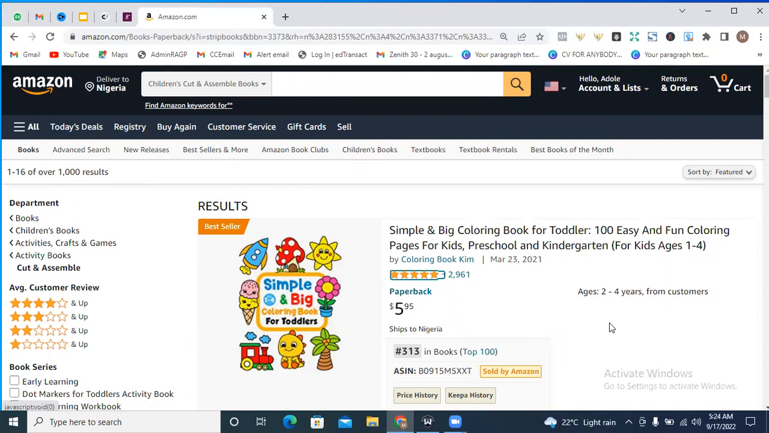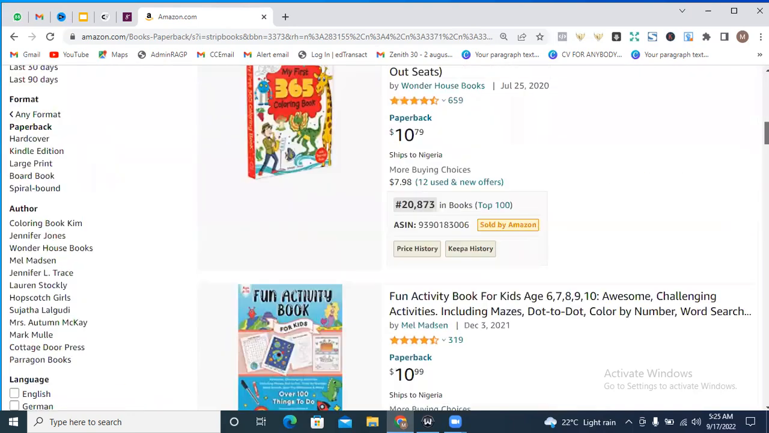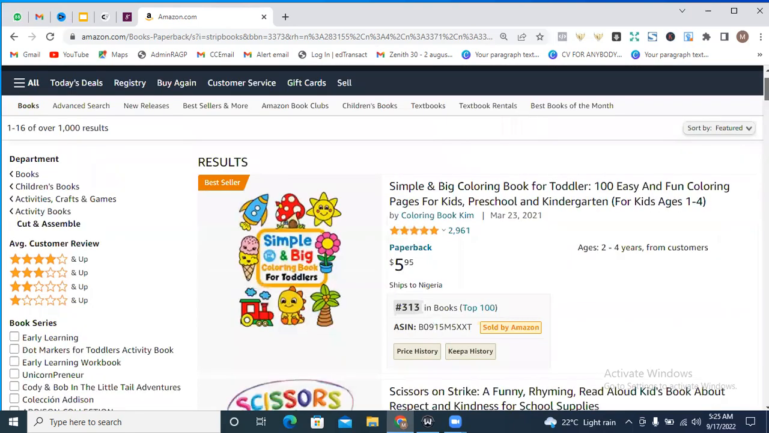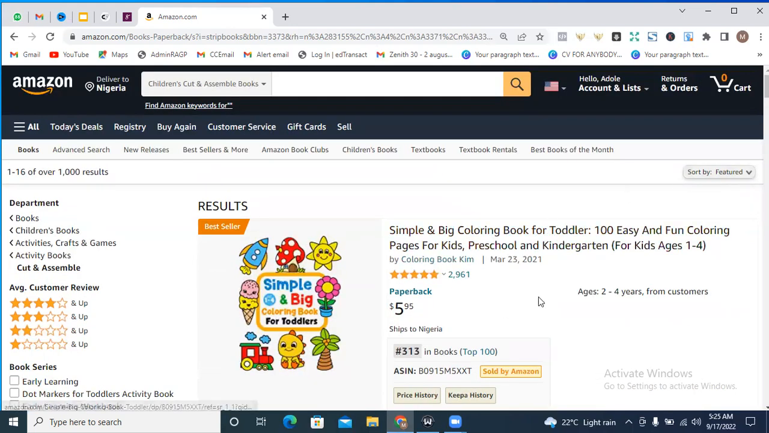That was what I was saying, that usually before you actually create your book, you also have done your category research, so that it will also give you an idea of the kind of books you should be creating, right? So now you can see the kind of books you can be creating in this category. So we have simple and big coloring book for toddler. So we still have coloring books in these categories, right? So all you just need to do is to just browse through. If you don't already have your book ready, just browse through and then you can see the kind of books